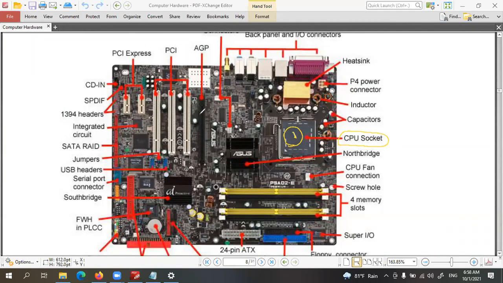After that, these ones, the yellow color ones, these are memory slots. This is where we are going to connect the main memory. Main memory means the RAM. These are RAM slots. Here we can connect the RAM.